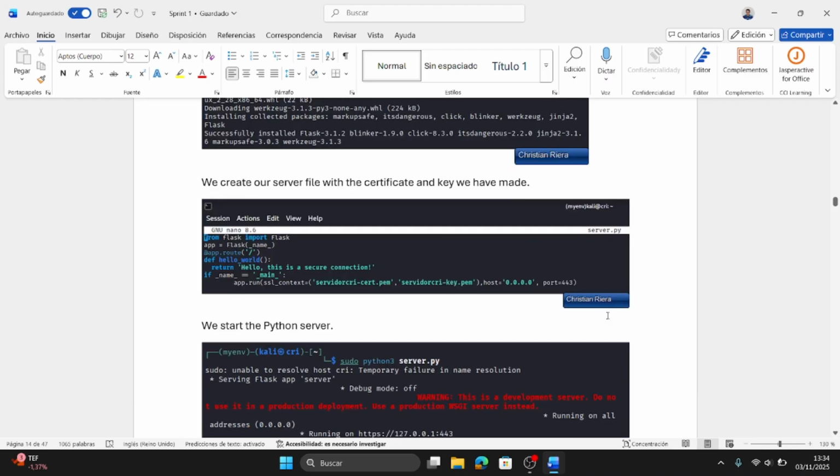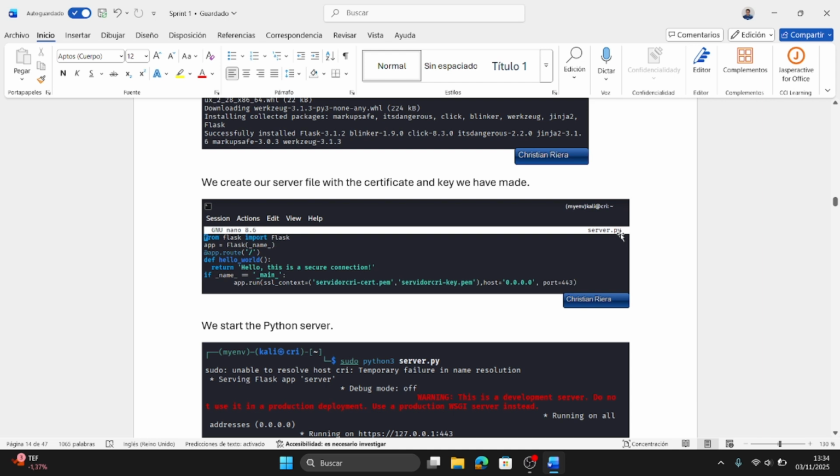Okay, when Flask is installed, we create a server file that is going to be called server.py. We can use the name that we want, but the extension has to be py because it's Python, and if we put another thing, it's not going to work.